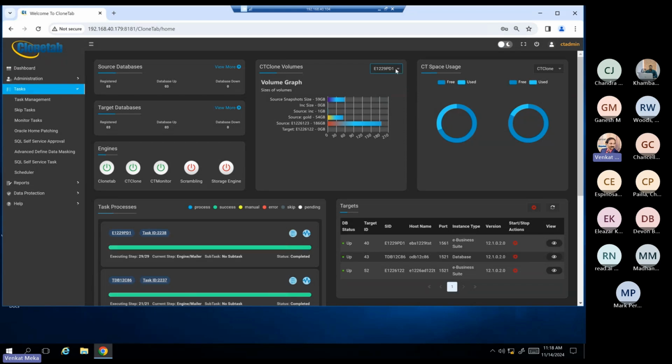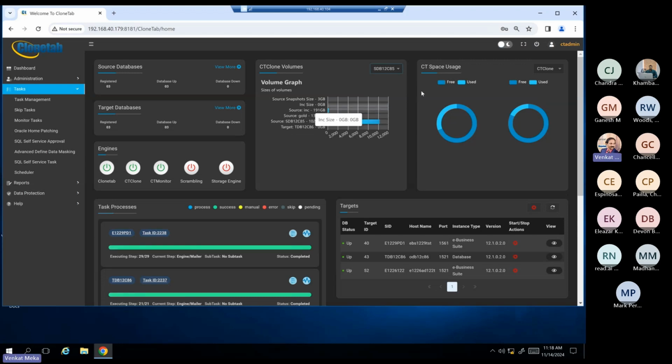Same way, if I pick up any of my other environments, say I'm taking a database. The database is about 10 terabytes here. And once I take the compressed gold, the gold is only taking up 1.3 terabytes. So I'm getting like 87% storage saving here. And my target is taking up 0. So the longer the duration I leave this without cloning, the higher the storage consumption could be. But typically it won't cross more than 5%-ish for most customers.